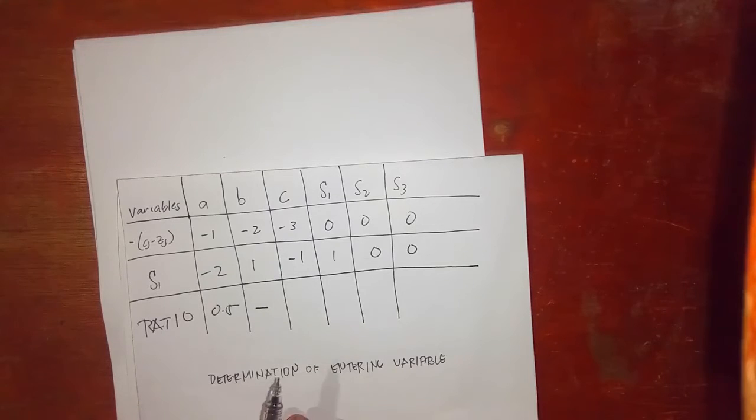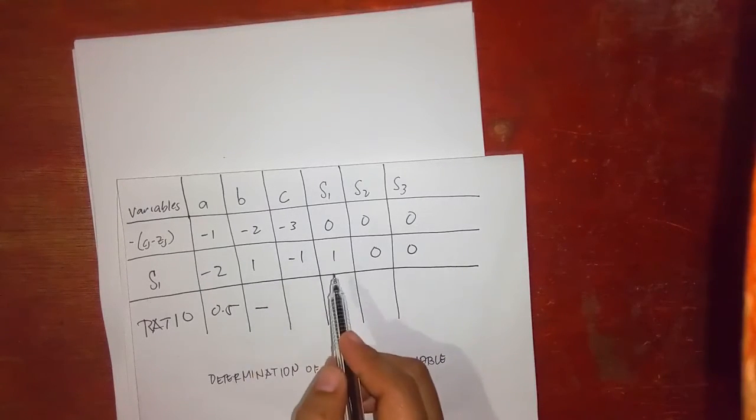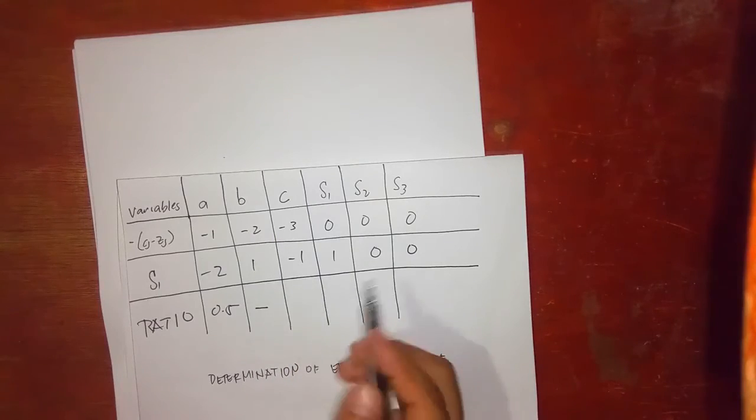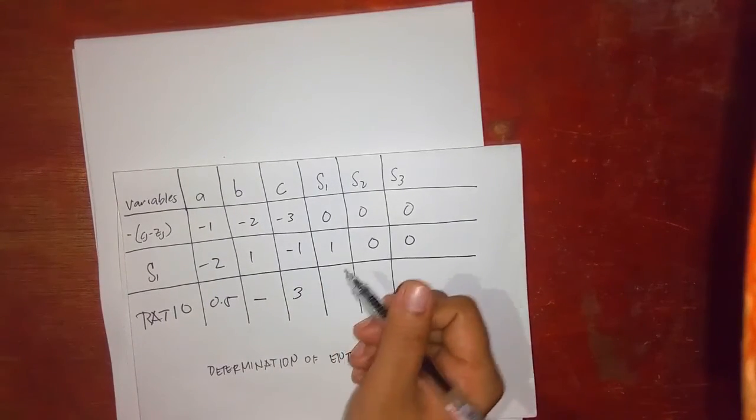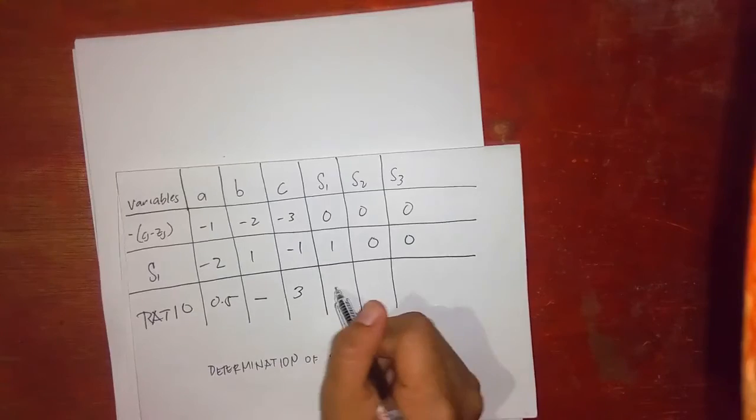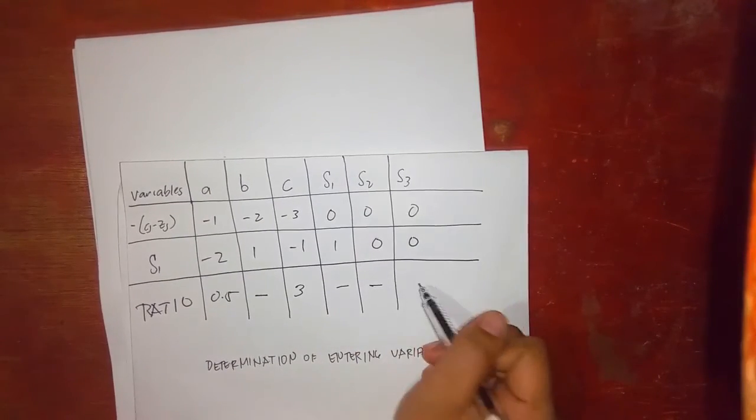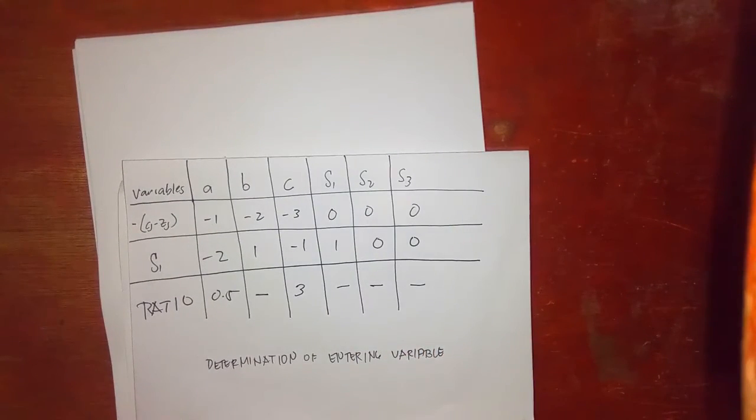After finding the ratios, find the least value. The least value will be our entering variable. So this one, 3 divided by negative 1 is equal to 3. We have positive, ignore, 0, ignore, ignore. So let's find the least value, which